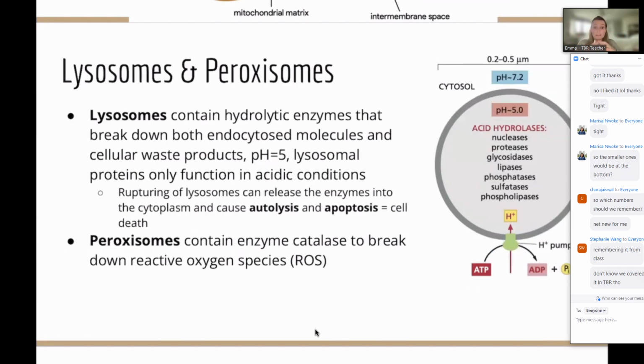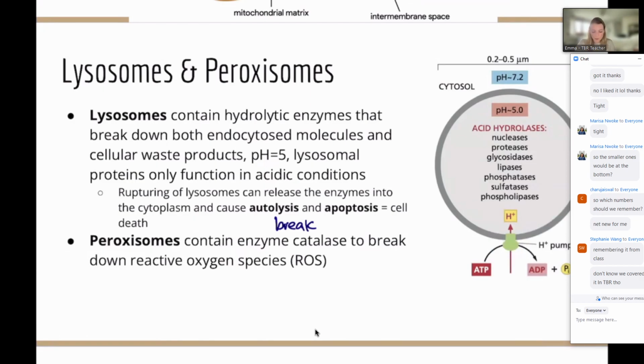Potentially, if a lysosome was ruptured, that increase in acidity inside of a cell would cause that cell to undergo what's considered autolysis. Auto means it's automatically happening. Lysis is another word for breaking. So basically it would auto-break. And then apoptosis is basically the cell deciding to pop, which doesn't truly just pop. It's very programmed and organized. But basically that means the cell is going to break down and is no longer going to keep on living. It's actually going to die. So this is part of programmed cell death, which we'll cover hopefully at the end here.